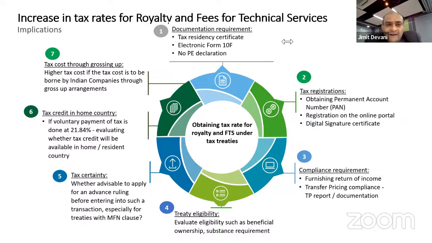Let's look at another Q&A. Somebody has said, can you throw light from both angles, income tax and DTAA? Yes, so as we discussed, under the Income Tax Act, the tax rate is now 21.84% if it is service fees or royalty. Under the DTAA, if you qualify as royalty or service fee, of course, you need to see whether you qualify as that. And then if the tax rate is 10% or 20% or 15% or even 0, you can claim the benefit subject to certain compliances and documentation which is mentioned in the slide.